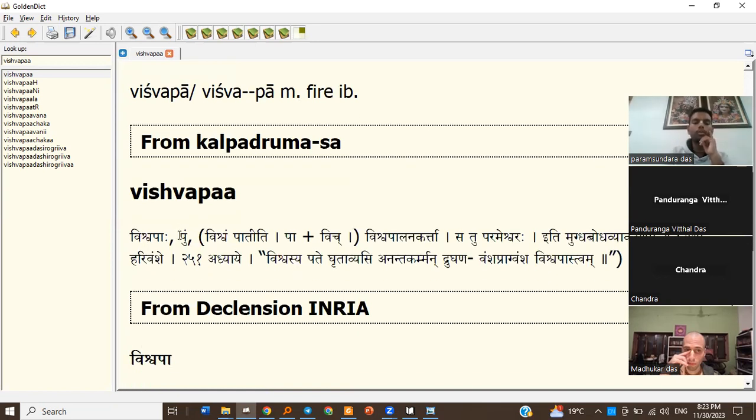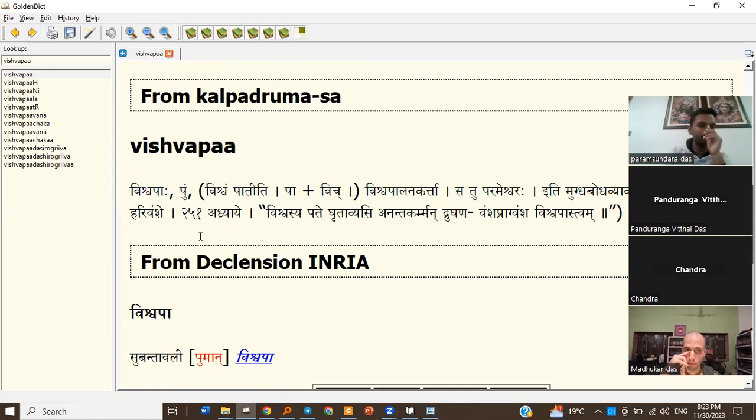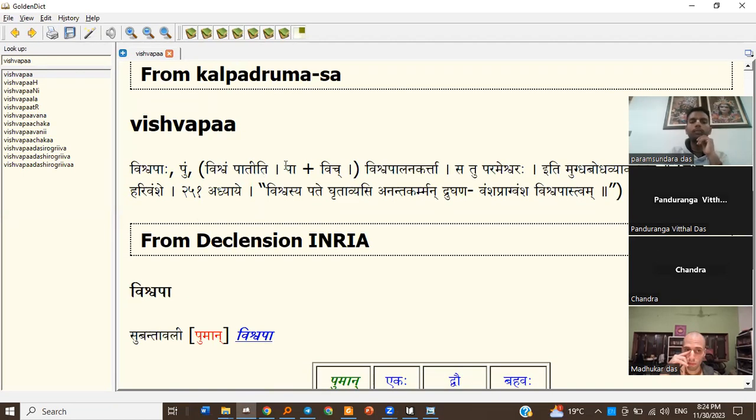Vishwapa, pulling, Kalpadruma says. So we need to check dictionaries for this. Vishwampati. See, let's say we are talking of some goddess, let's say Lakshmi ji or Durga ji, and we refer to her as Vishwapa. So Vishwampati Ya Sa, one who protects the universe in a way. So Vishwapa, in that sense, will go for Durga, Mata Durga, and in that case will be considered in Lakshmi